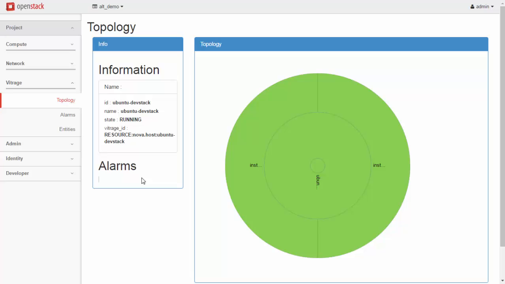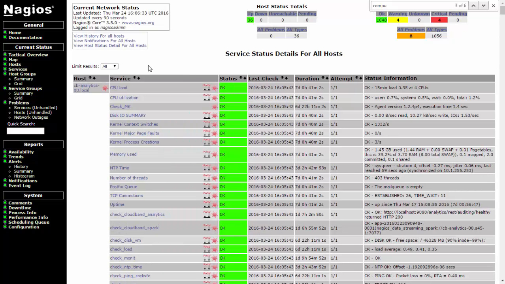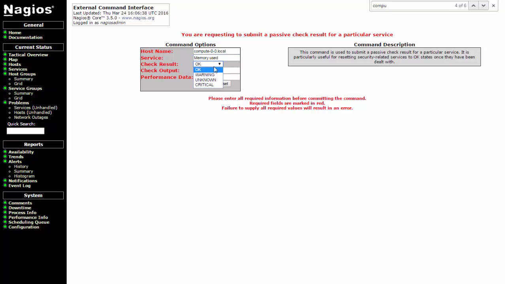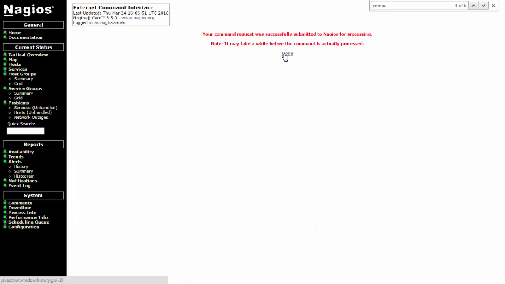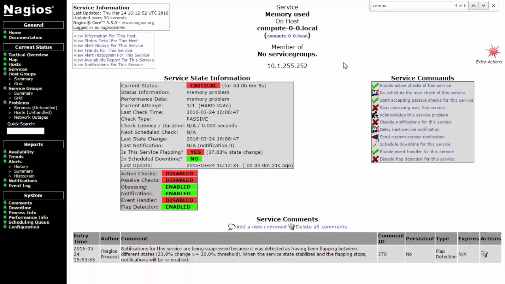I'm going to create an alarm on the host. I will switch to Nagios. We are using Nagios monitoring tool in order to monitor the physical layer, and now I'm going to simulate a situation where there is a memory problem on the host. After refreshing Nagios, we can see that the memory use test is in a critical state, and we can go